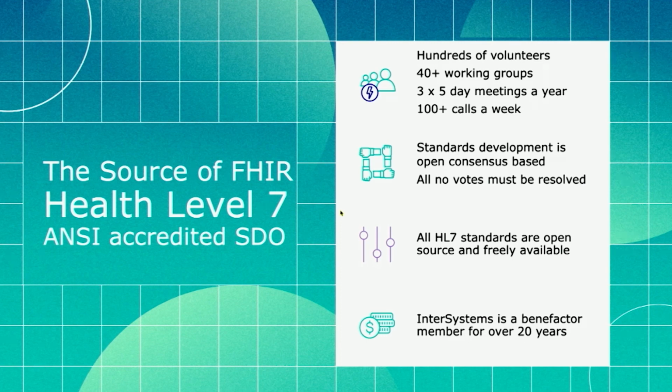In HL7, there are over 40 work groups, each with elected co-chairs. They meet 3 times a year in week-long meetings that include now a FHIR Connect-a-thon, and they develop the new specifications or updates to the specification, if you will, and then those updates are balloted in a consensus process in HL7 before